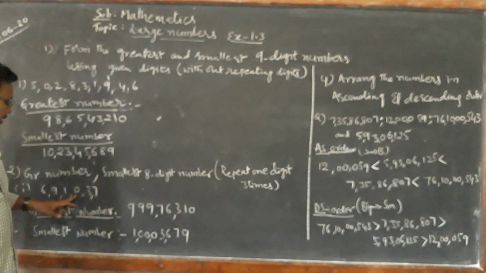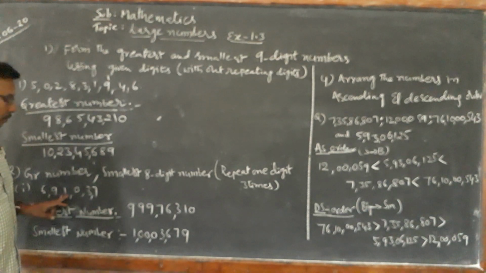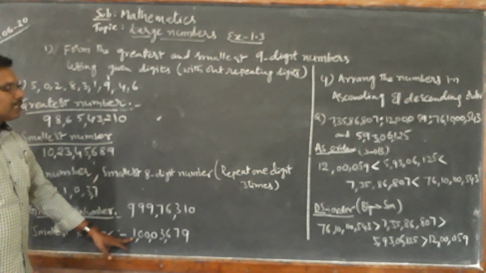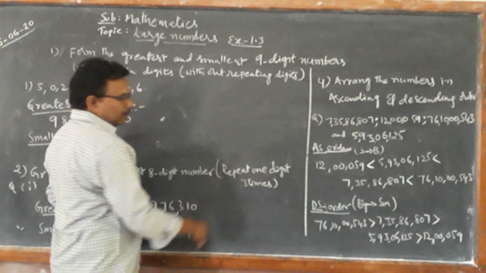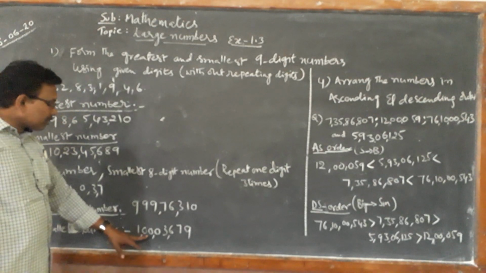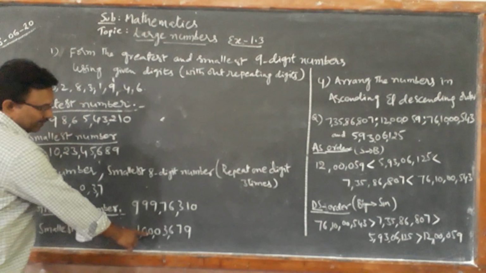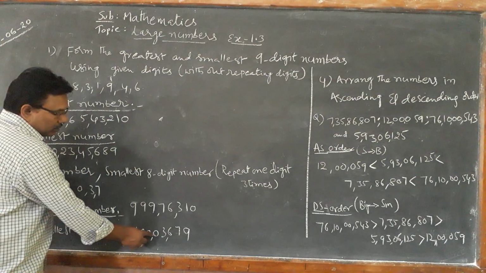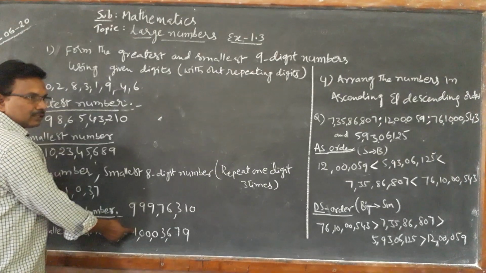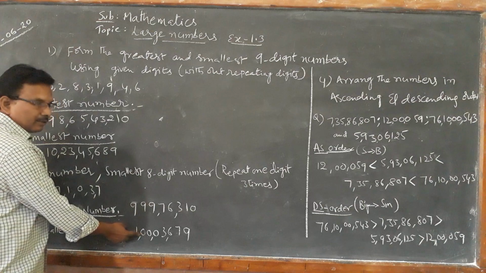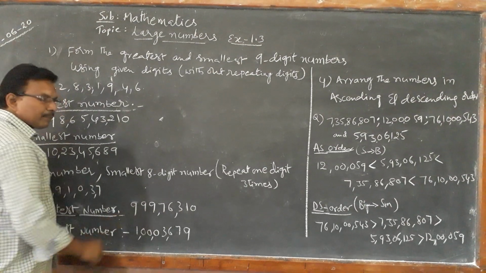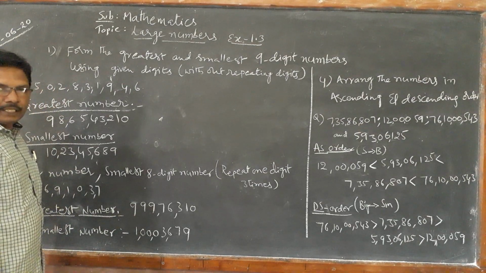So what is the next digit other than 0? 1. So 1 you can write here. First, start with 1. Now any one digit repeats 3 times. I don't want to repeat 1 three times. I want to repeat 0 three times in the middle, next to 1. If I repeat 1 three times, you will get a bigger number than this number. So first write 1 here, and 0 can be repeated 3 times.